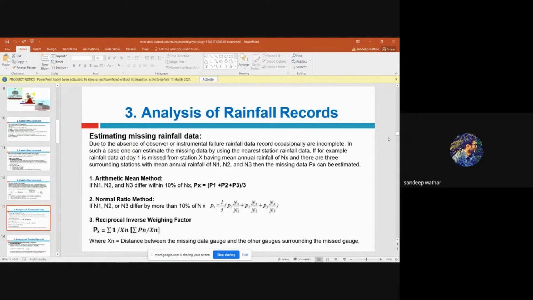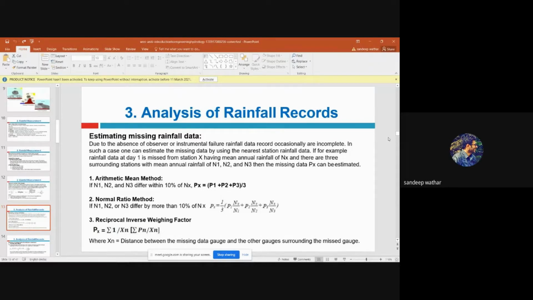So when there is missing data in our Bhutnal tank rain gauge station, for example, for the last 6 months there is no rainfall recorded in that particular basin, that is called missing data from a particular rain gauge station. Its missing data can be interpreted from the nearby rain gauge stations. From the data recorded at the nearby rain gauge stations, we will try to determine it. So that is the point here.